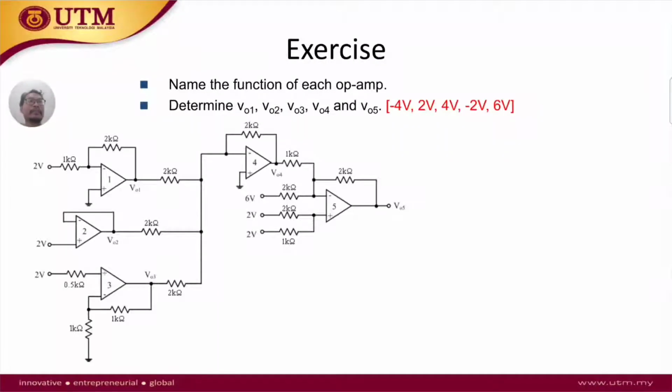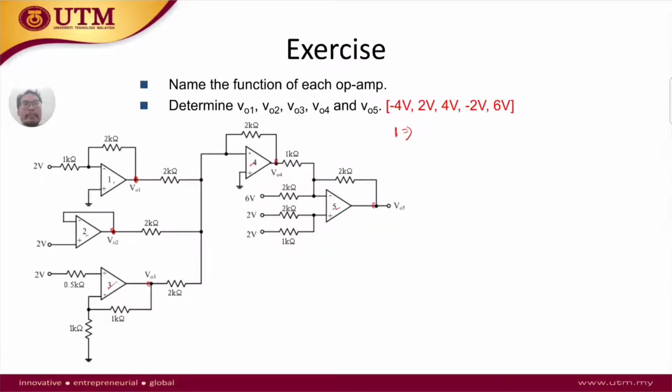So let's do a little bit of exercise here, where there are many op-amps. There are 5 in fact, 1, 2, 3, 4 and 5 operational amplifiers right there, and we want to name the function of each op-amp and find the voltage at Vout1, Vout2, Vout3, Vout4 and Vout5. That's quite a lot, so we have to find the voltages at 5 nodes and also the name of the function. So for number one,